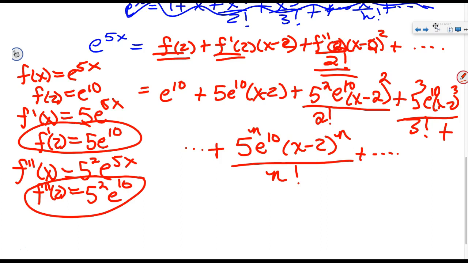Where is mine started? 0, right? Because I want to have 5 to the 0, (x minus 2) to the 0. I want only e to the 10th left here. I like it when you write this beneath it. It's not necessarily required, but it helps because sometimes it'll say, and then write the power series. So if this said, and then write the power series, I'd write this is the sum, n goes from 0